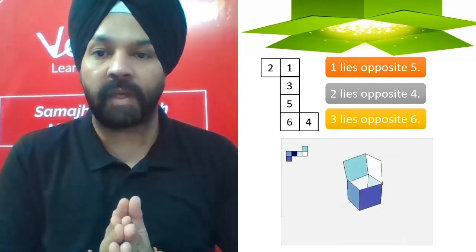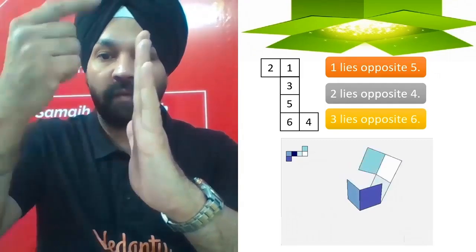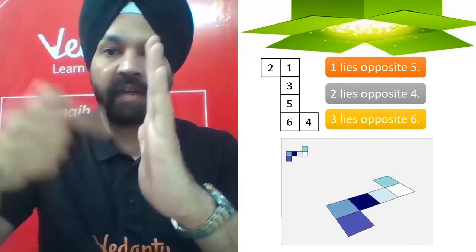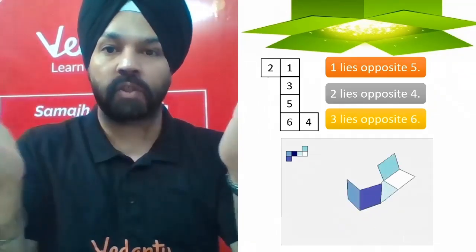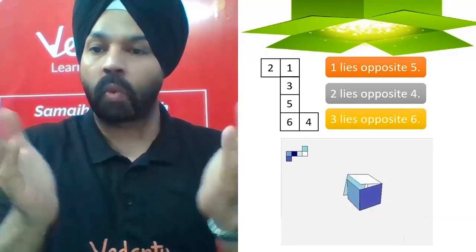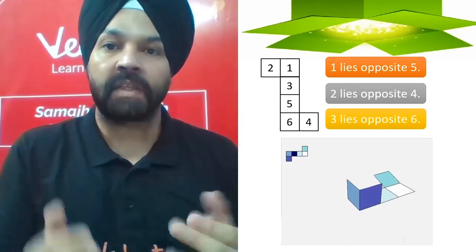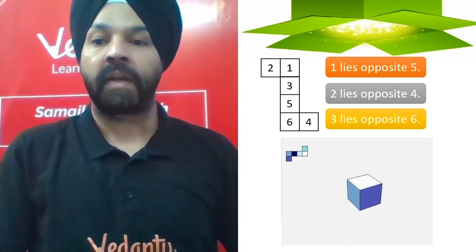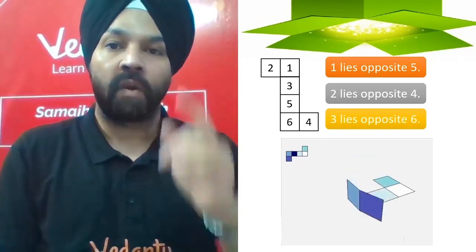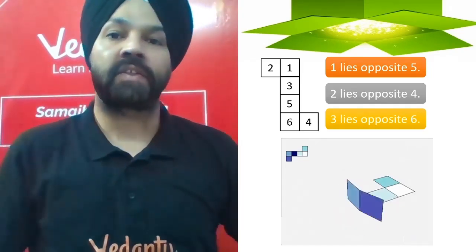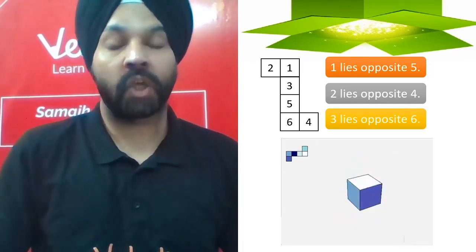That is very much visible because there is a parallel track of 1 3 5 4, 4 walls of a dice. 2 is on this side, 4 is on that side. So that simply means 2 and 4 lie on the opposite faces. 1 lies opposite to 5 because 3 is lying between 1 and 5. And 3 lies opposite to 6 because 5 is lying between 3 and 6. Moving on to the third arrangement.